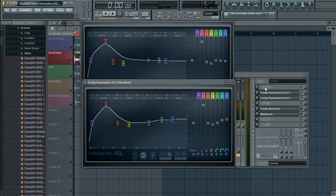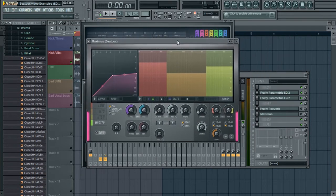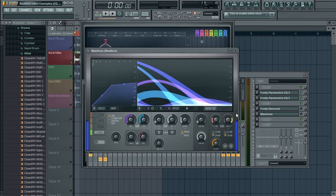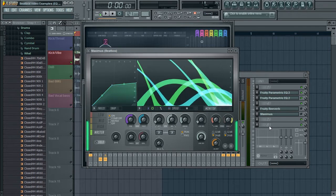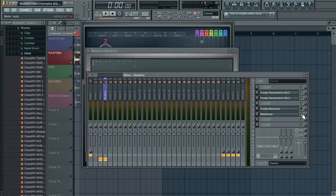Now that we've gone a little too far with our equalization, we're going to squish it all with a compressor, and that's this guy. And I know he looks pretty complicated right now, but we're actually going to ignore pretty much all this, and we're just going to be dealing with this little bit and this fancy-looking thing right here. So, with a compressor and the equalizers, it takes it from being clipping